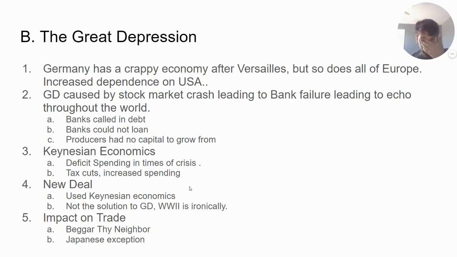So historically, governments would balance the budget. They would only spend what they took in on revenue, and they would try to avoid debt. Keynes said, screw the debt, save the country, save the economy,